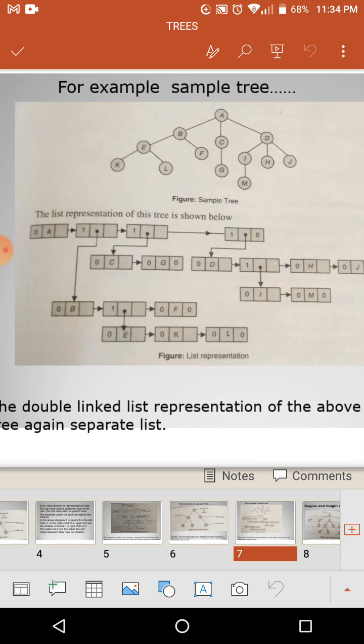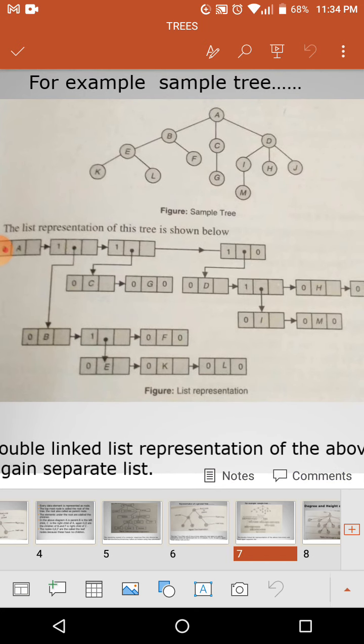Now a simple representation of the linked list representation of a tree. How will the data be represented in the linked list? You know the double linked list, so that will be represented here. For the above example tree, how the data will be represented using the linked list fashion. Linked representation is done here. Look at the picture, I will show it clearly.